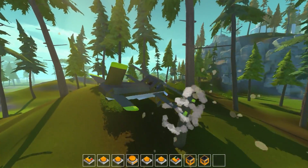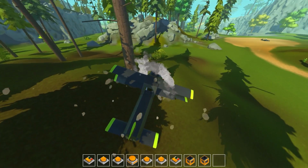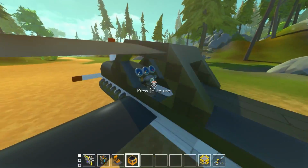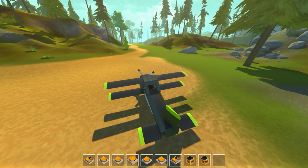We're gonna hit that tree. No, okay. Can we get off the tree? No, okay. All right, let's try that again, shall we? Let's see if we can actually take off this time and not hit a tree. So let's just turn on our throttle. We don't really have much of a runway here, I think is part of the problem, but let's just